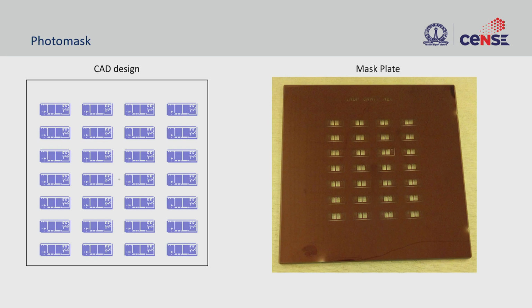So on the left side, we already designed a mask, right, using a CAD tool. And on the right side, what you see is a mask plate wherein the design is transferred onto the plate, where you have the chromium layer, that is a dark region which is opaque here, and then the open region that you can see here, right? So the open regions are the places where light would go through. So once the mask plate is done, then we can start doing the fabrication process, right?